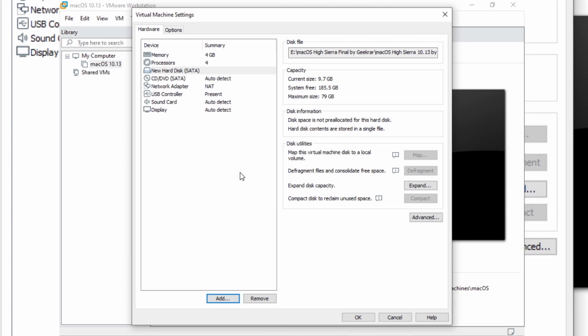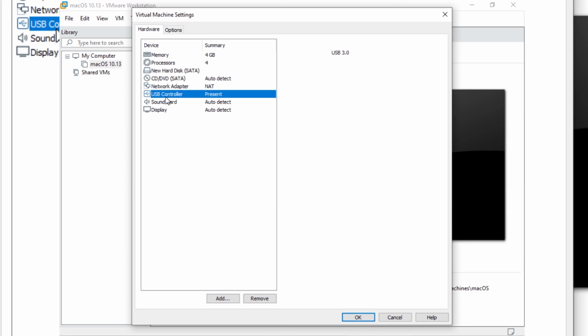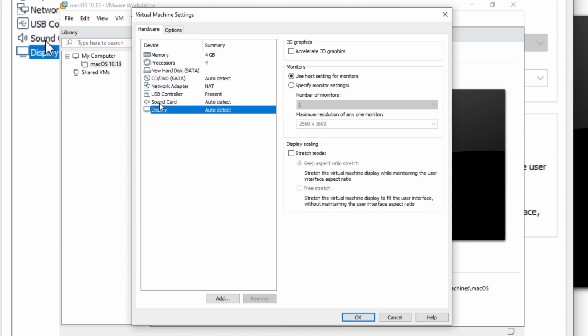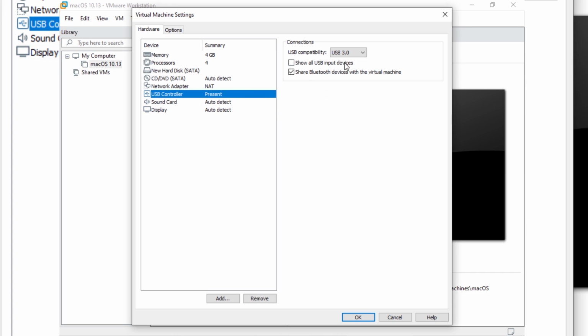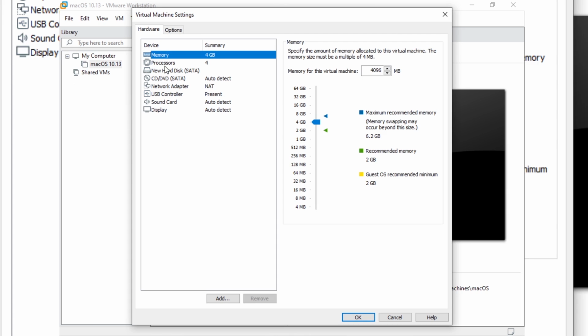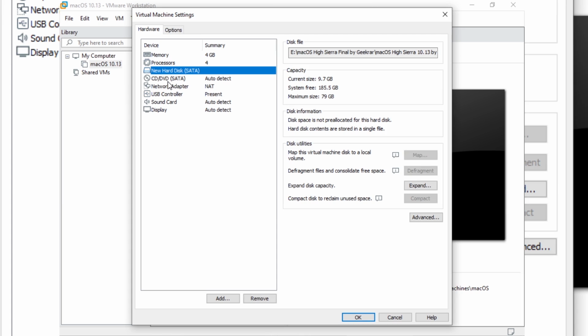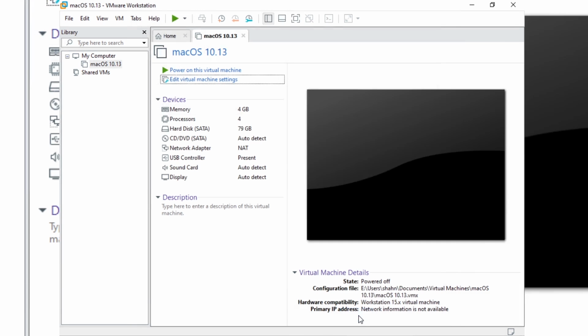This was the whole process that I told you. It is a very important step. Now the problem occurs in the connecting of your phone, or connecting the USB. So for that we are going to click on USB controller, and here you have to choose the USB compatibility, which is 2.0. That's what I prefer. So you can choose this one, USB 2.0, and after that, this was the whole process, and you can recheck the whole process again, and after that I am going to click on OK.